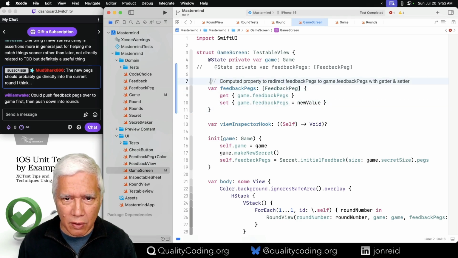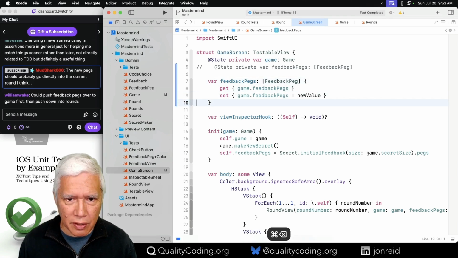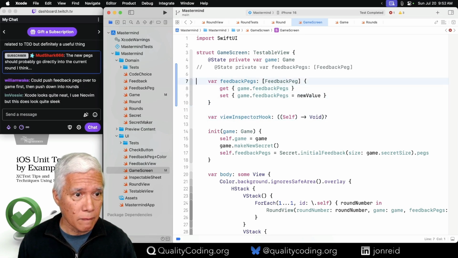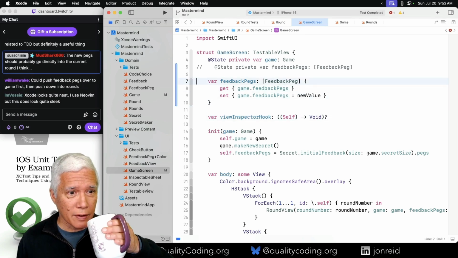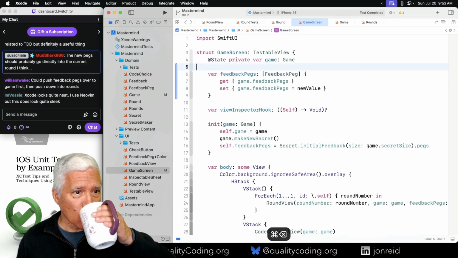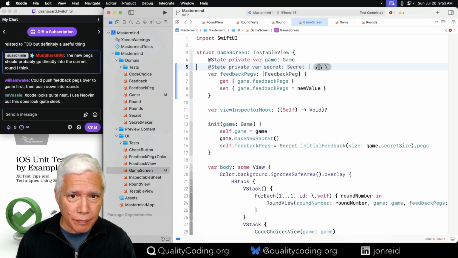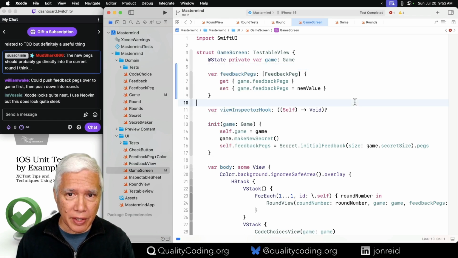There. Will this work? So I'm using Xcode with GitHub Copilot.